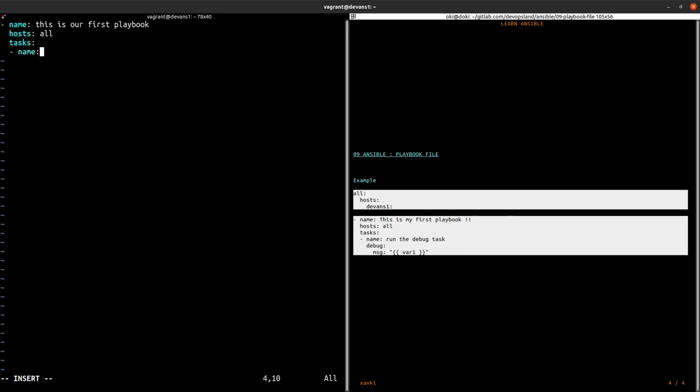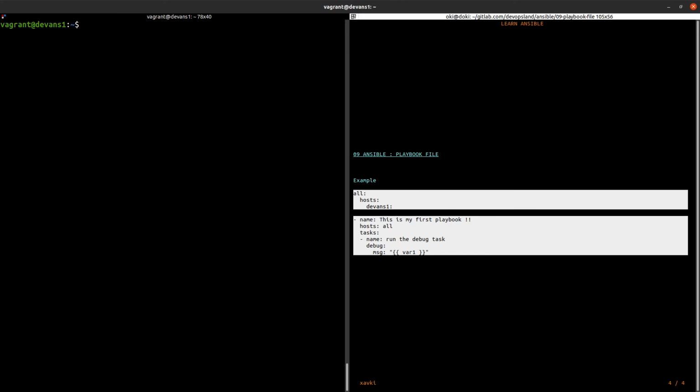The first task is to test the ping module, and we do the same thing as the last command line with the ping module.